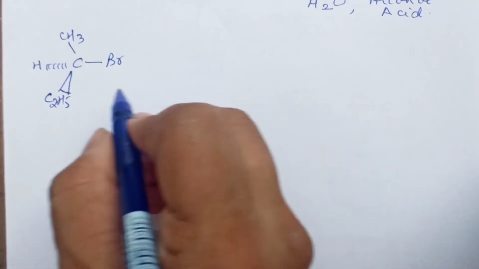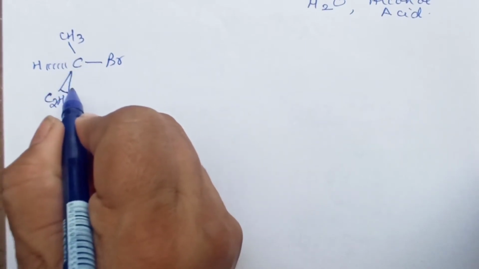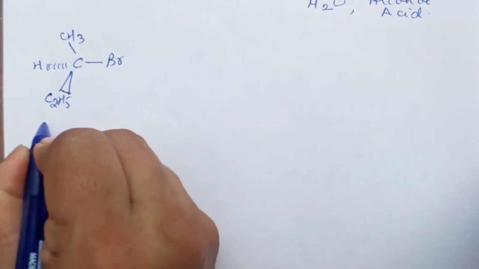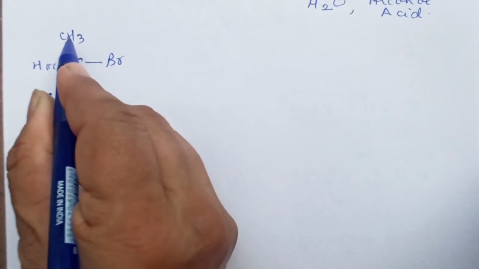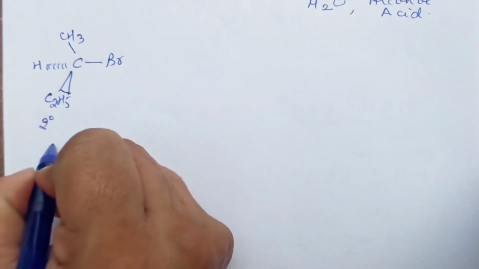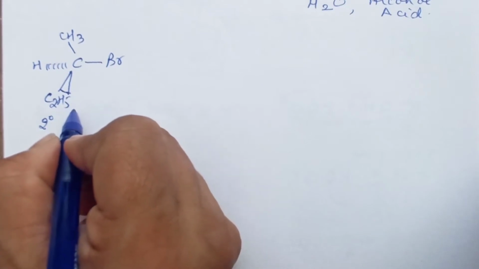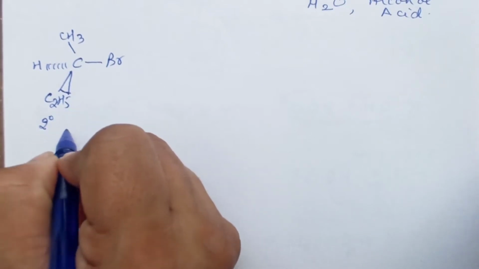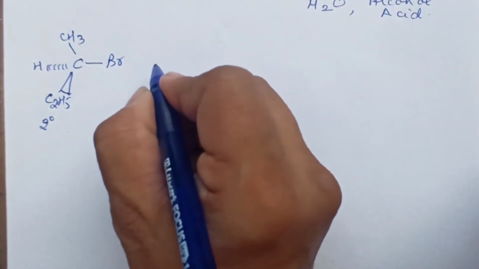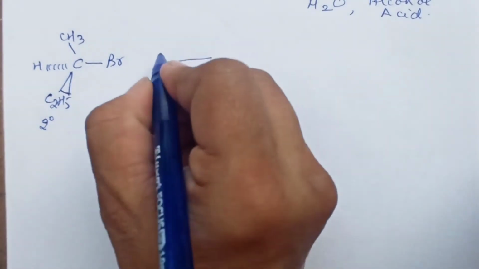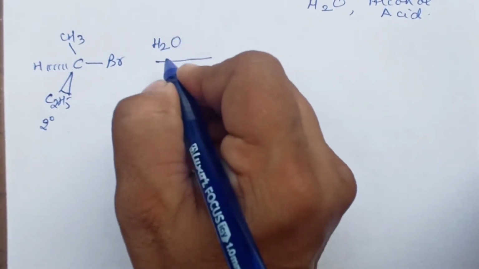This is one example I have taken for an alkyl halide. Of course, I have not taken a 3-degree, I have taken a 2-degree alkyl halide. This carbon which has the halogen is attached in turn to 2 carbons, so it is 2-degree. If it was 3-degree, it would still have the maximum tendency to undergo an SN1 reaction. But that doesn't mean this will not undergo it. This also can undergo. In the first step, as I told you, this occurs in the presence of a protic solvent, for example water.